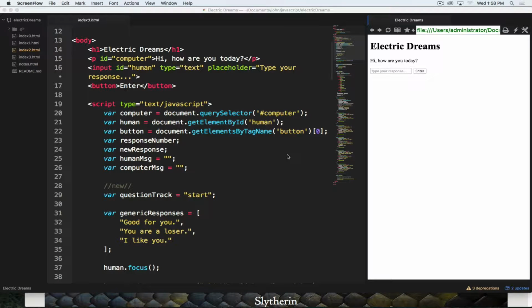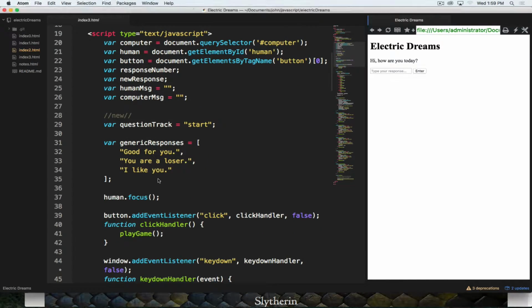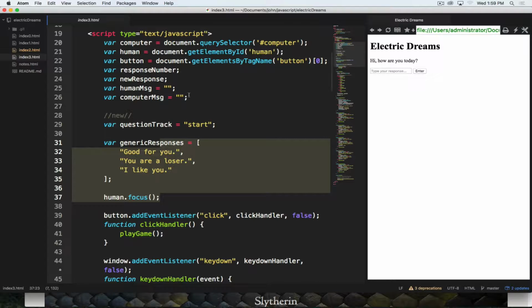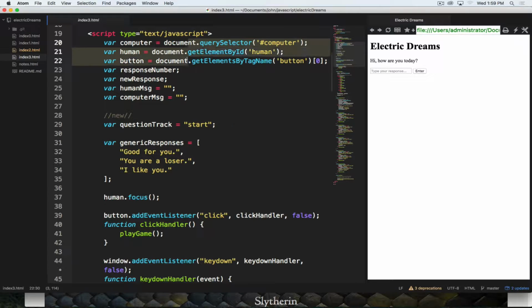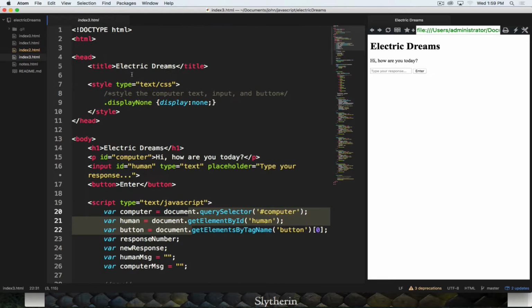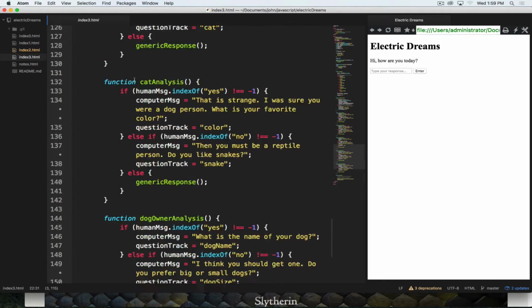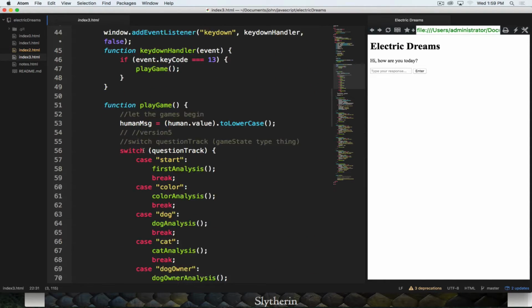In the JavaScript project Electric Dreams, the final stage is to bring it all together and incorporate the logic into the program flow. So we have a lot of these parts that were present in the previous versions. So we had our basic responses that would be asked. We were able to get all of our elements that are on the page. So those elements correspond to the HTML elements that are